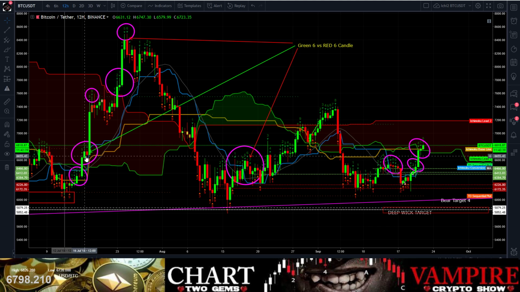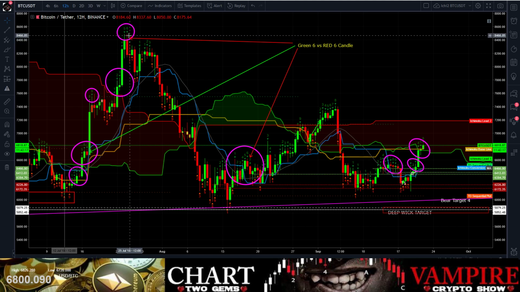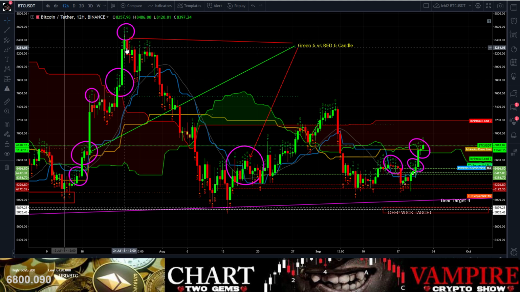It then turned into a green 6. Once this turned into a green 6, this was very bullish. You know how I feel about green 6s. A green 6 with a green candle is bullish to me. Then this went up to the 9 and fell out. Then you started again: your green 3, your green 5 and your green 6 with a red candle, and then